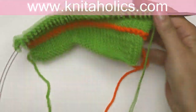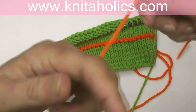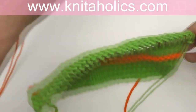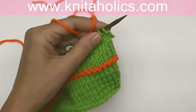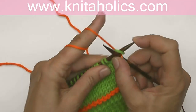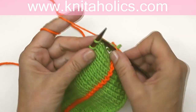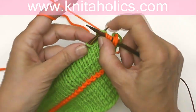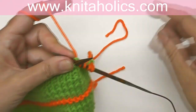Now again color 2, 2 rows knit stitches with a little trick. 20 centimeters thread left, 1 edge stitch and knit 4. 1, 2, 3, 4. Now look at the bottom of the next stitch